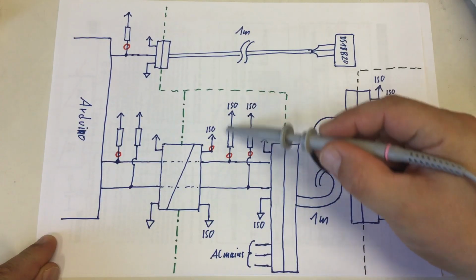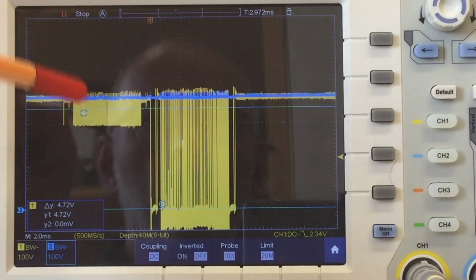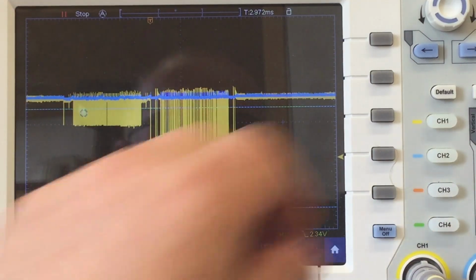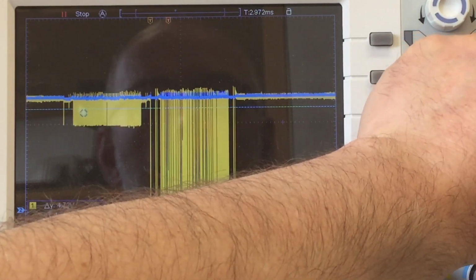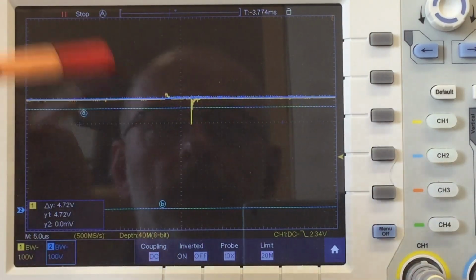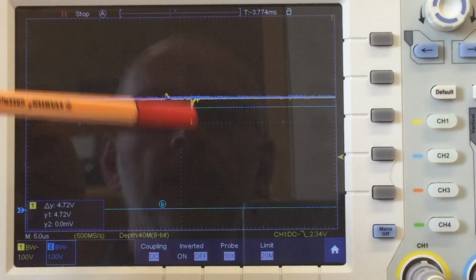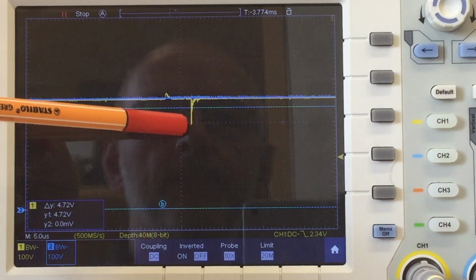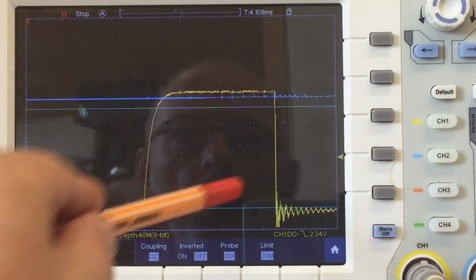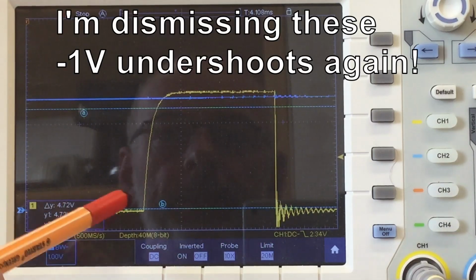My probes are back in the controller here at the pull-up resistor and here at the power rail. So that's measured directly across the pull-up resistor. So the signal, of course, on the one side of the resistor and power supply on the other. And if we scroll, zoom in there, the power rail is in the crosstalk region, completely okay. And yeah, we still have that, and on this side it's just 1 volt on the data line crosstalk. And if I look at one of the really sharp short pulses in the signal, yeah, we still have that ringing here when we go down to low, but yeah,